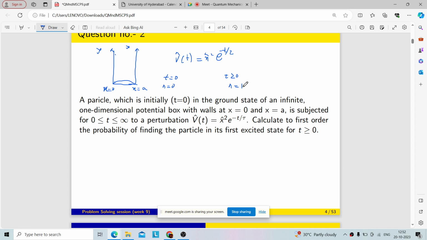Okay, so let's do this. The initial state was the n equal to 0 state and the excited state is the n equal to 1 state. So applying the golden rule, the probability of transition from initial state to final state, let's write this for